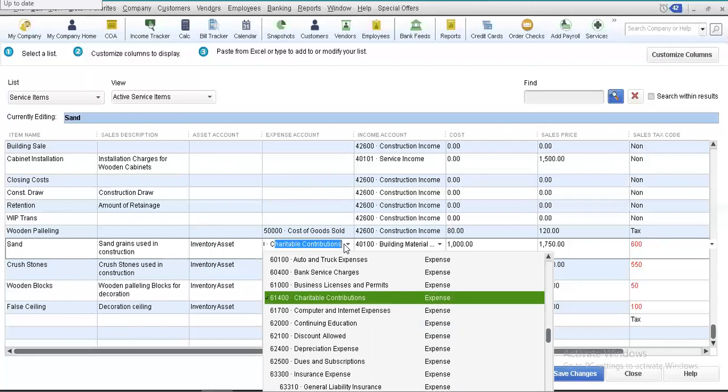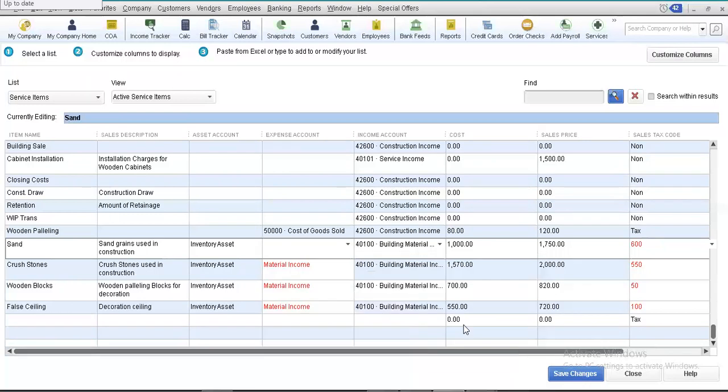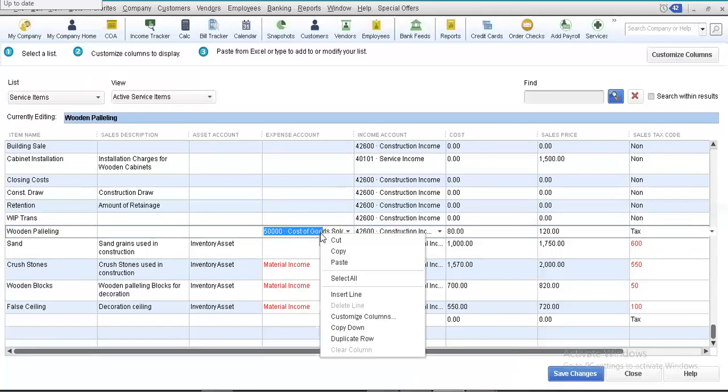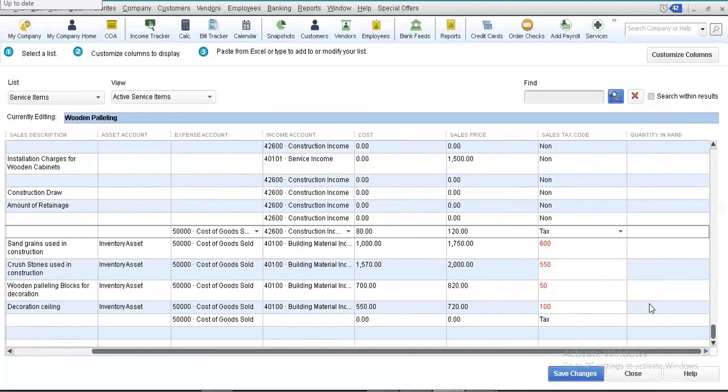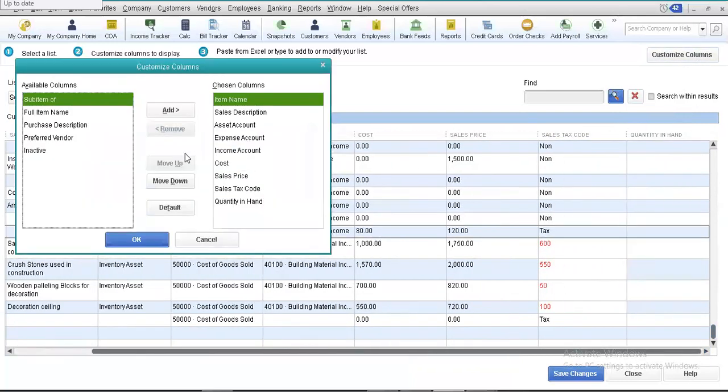All right. I simply select this, I right click this and select copy down, so it will automatically be copied down. All right. And now the sales tax code, this sales tax column must be removed.